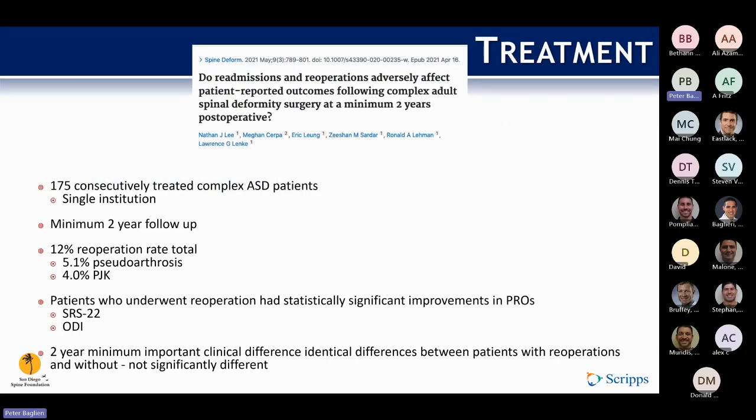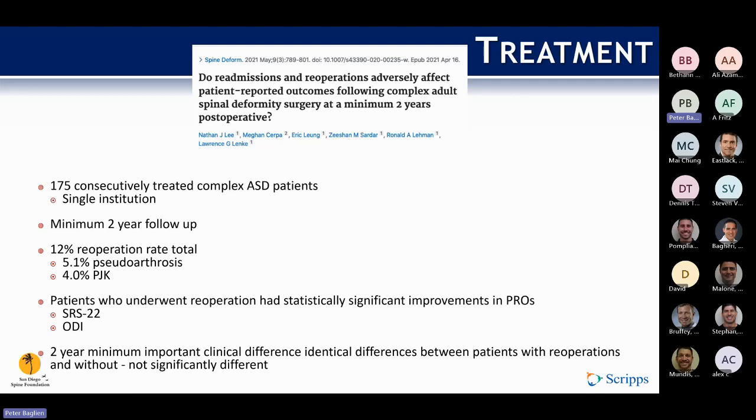So one thing I was curious about is whether or not having these revision surgeries makes the patients worse off in the long run. And I think the answer is probably no. Based off of this study, certainly it's an additional surgery that they have to undergo, but at least in this cohort of 175 patients, published in 2021 with minimum 2-year follow-up, they found